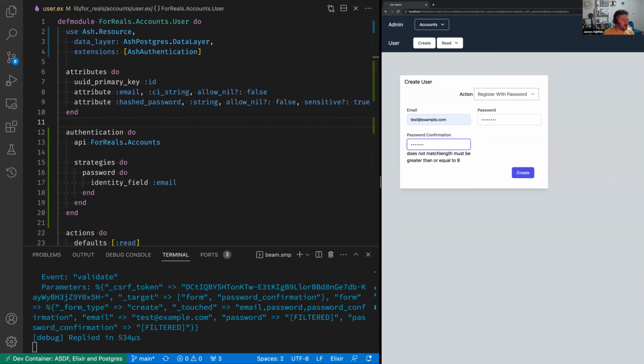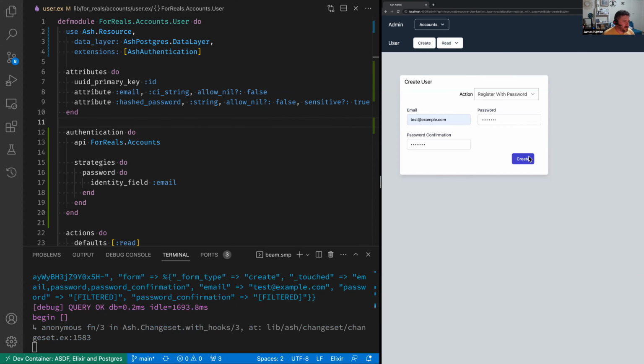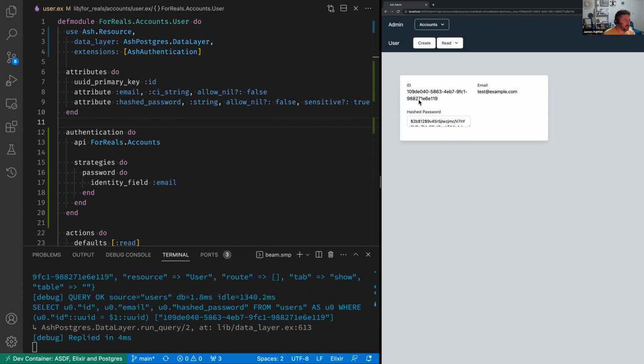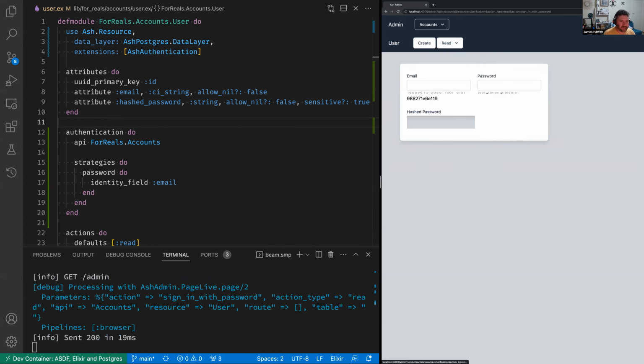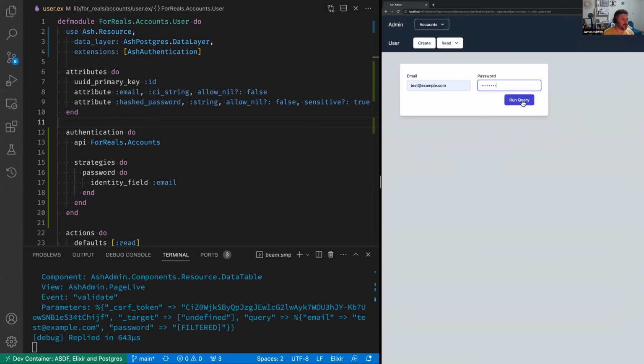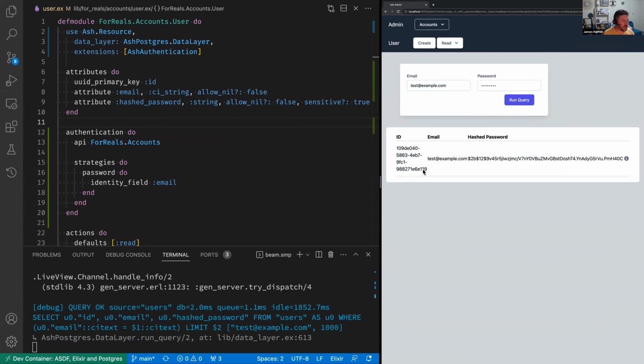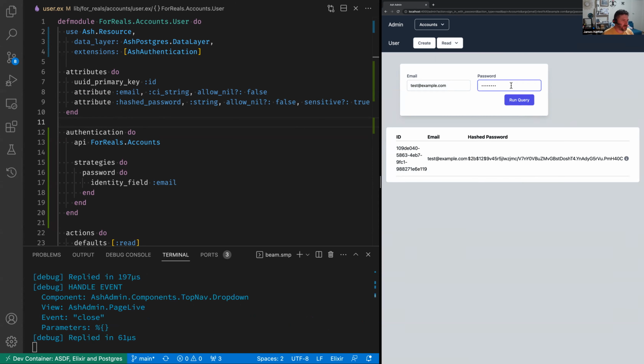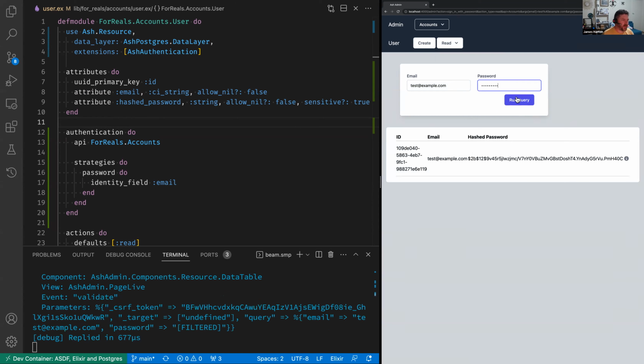So I'm setting this to test@example.com and test. We're seeing the validations running in real time in Ash admin. Okay, I've created a user. There's their hashed password. Cool. I can also sign in. So I can say test@example.com, test. And the fact that we get back a response means that that was a valid password. Whereas if I say wat,